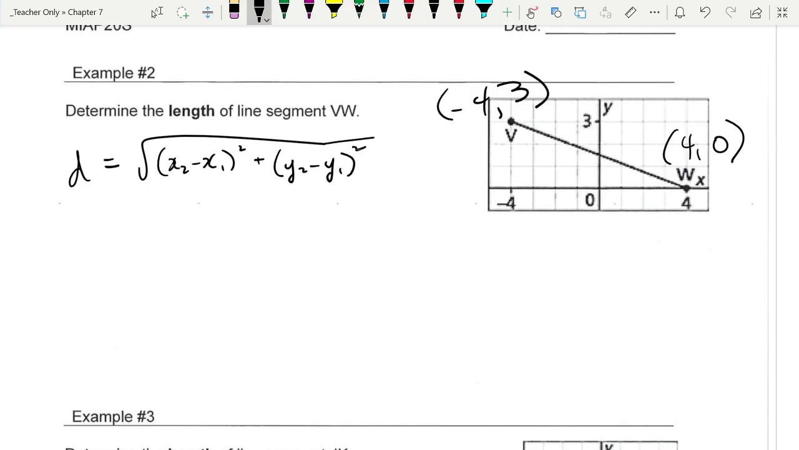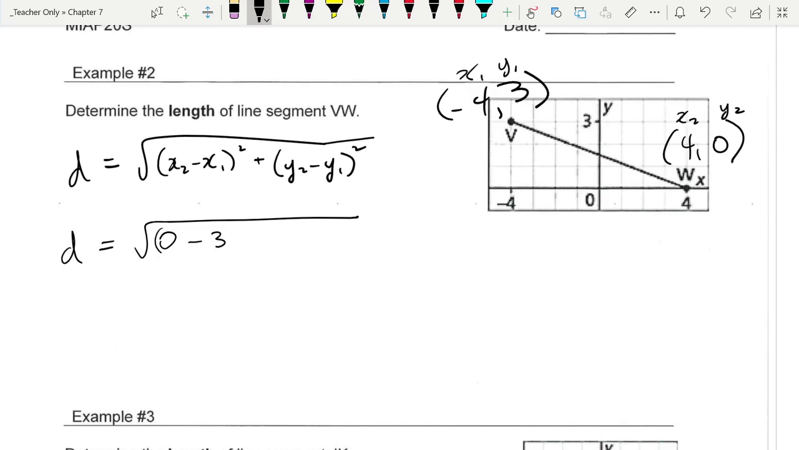Okay, which one do you want to call 1 and which one do you want to call 2? It really doesn't matter. I usually go left to right. So I'll call this one x1 and y1. I'll call this one x2 and y2. Doesn't really matter which one's which at all. Okay? So the distance is the square root of, okay, so I'm going to take y2, which is 0, minus 3,